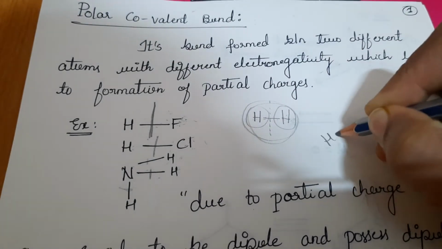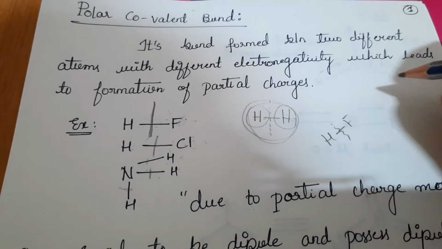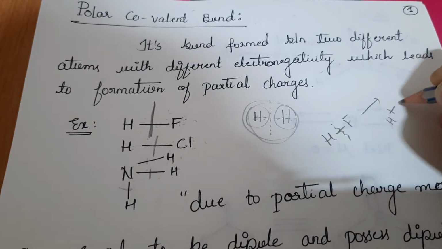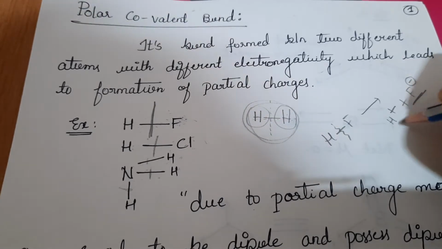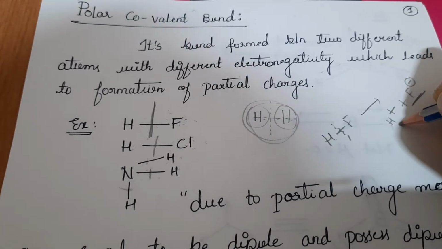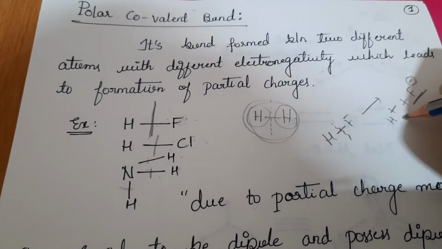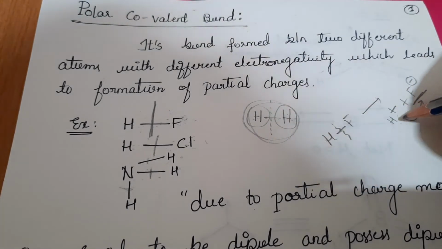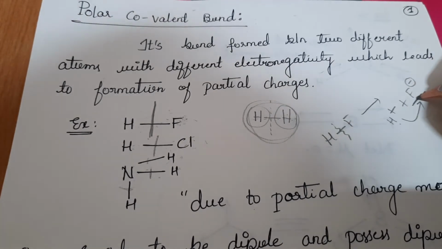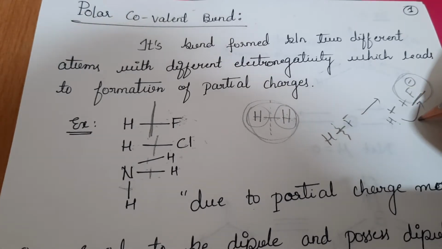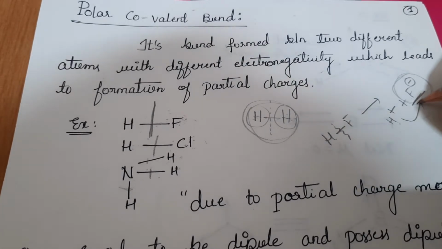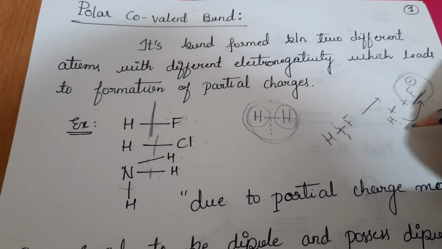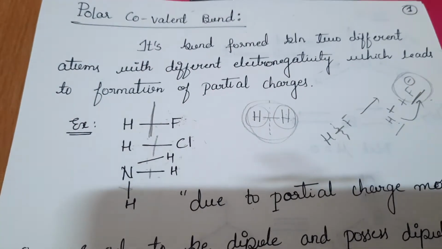Once you break this hydrogen fluoride bond, it is going to form H plus and F minus. In the sense, fluorine has grabbed the electrons of hydrogen also. The shared pair of electrons of hydrogen are taken away from the hydrogen towards the fluorine atom. That tendency of grabbing the shared pair of electrons towards itself is referred to as electronegativity. Fluorine has higher electronegativity than the hydrogen atom.